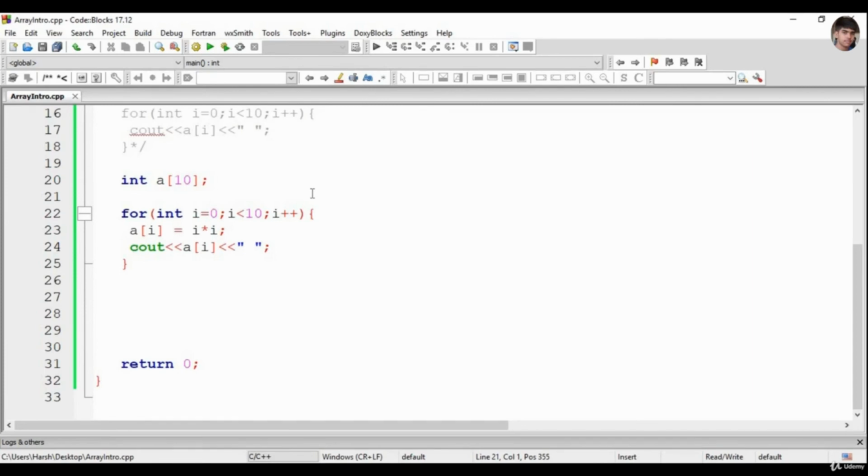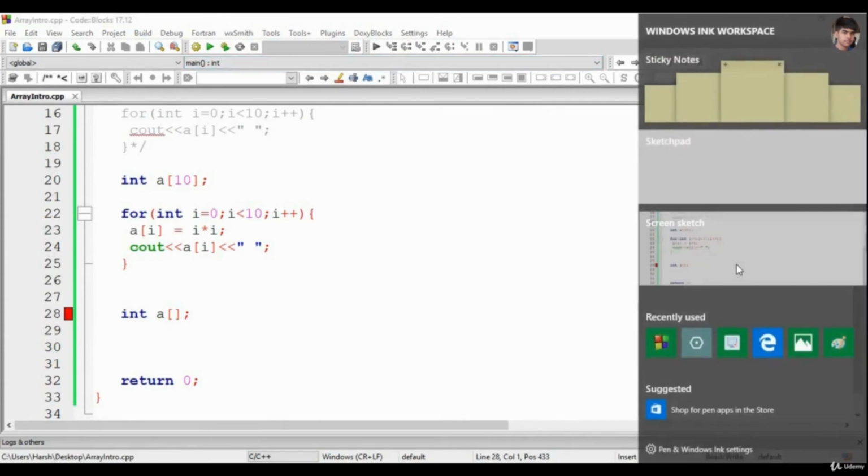Okay. Now one more thing, can we write like this? int a. Can we make an array like this? So let us run our program to see whether this is correct or not. So this is not correct.